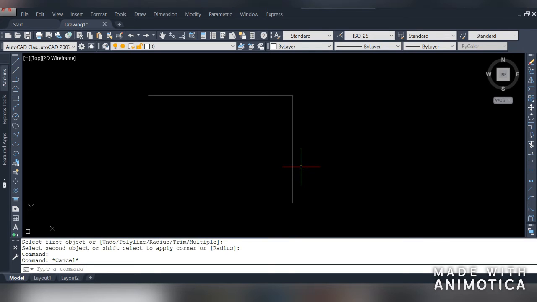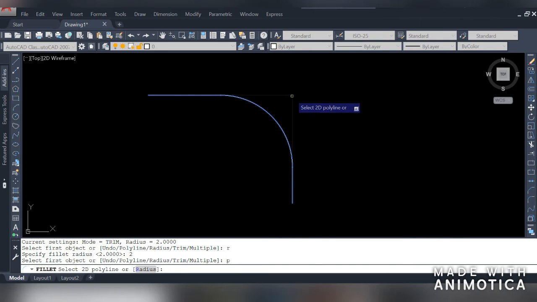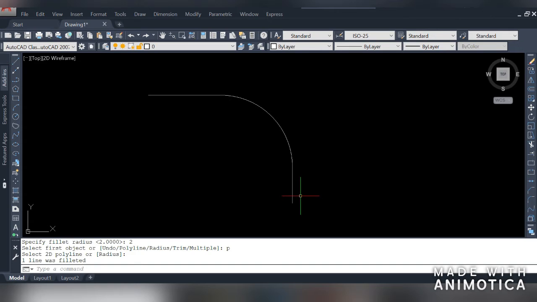Let's see how to do that. Choose fillet command, specify the radius. Before selecting the objects, choose polyline, type P and then press enter. Now select this 2D polyline. Here you can see. You don't have to select two other objects because you are using polyline fillet.